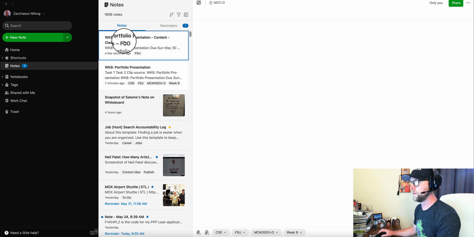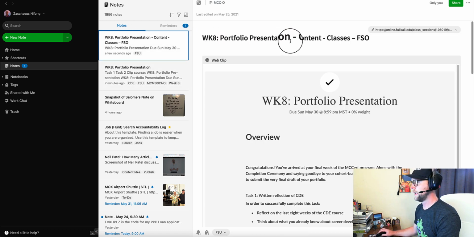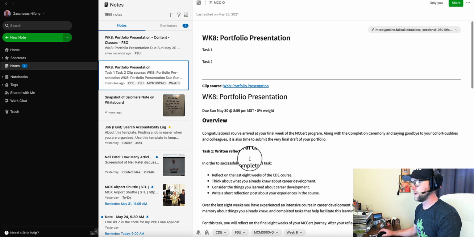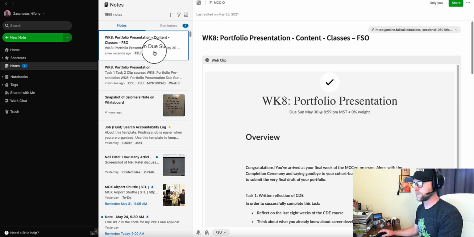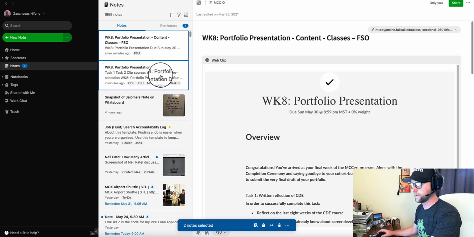Okay, so here we have our two most recent notes. We have one that's entitled Week 8 Portfolio Presentation, and then you've got this kind of extra metadata right here. And then you've got your other one, which is here. So assuming that all of this has been fleshed out and that these are all your notes, and this one includes the teacher's feedback and a copy of your perfectly presented material in the completion box, you want to merge them. So you just either press Control on a Windows machine or Command on a Mac. You highlight them both like this in Evernote, and there's this little merge icon that's down here. Now I'm not actually going to kind of clean up this web clip here. You can do it afterwards, the way that we did the first one. So just click on Merge,